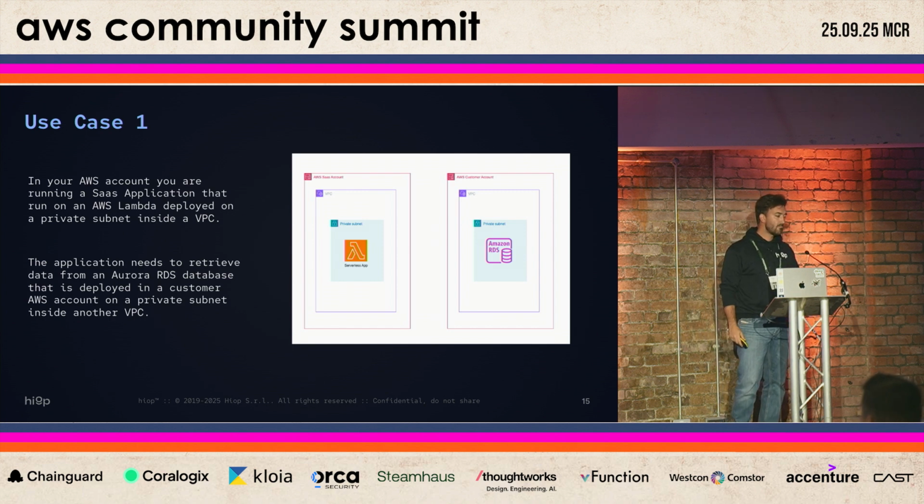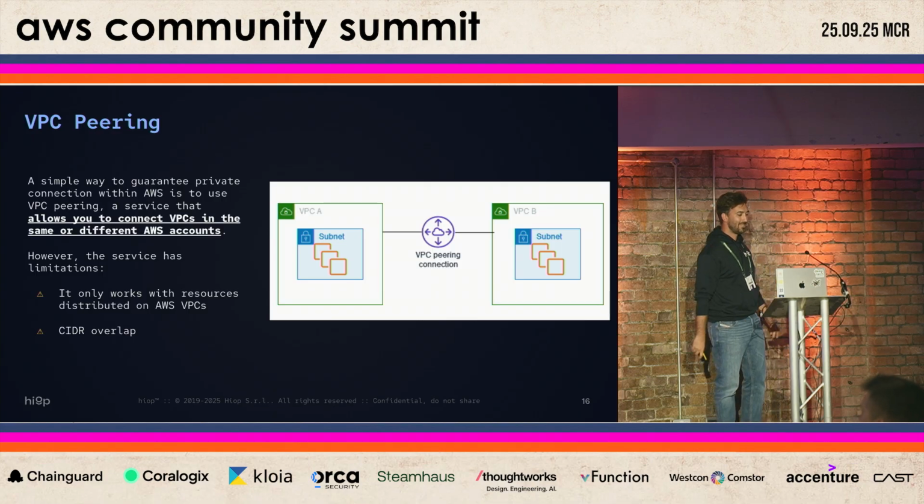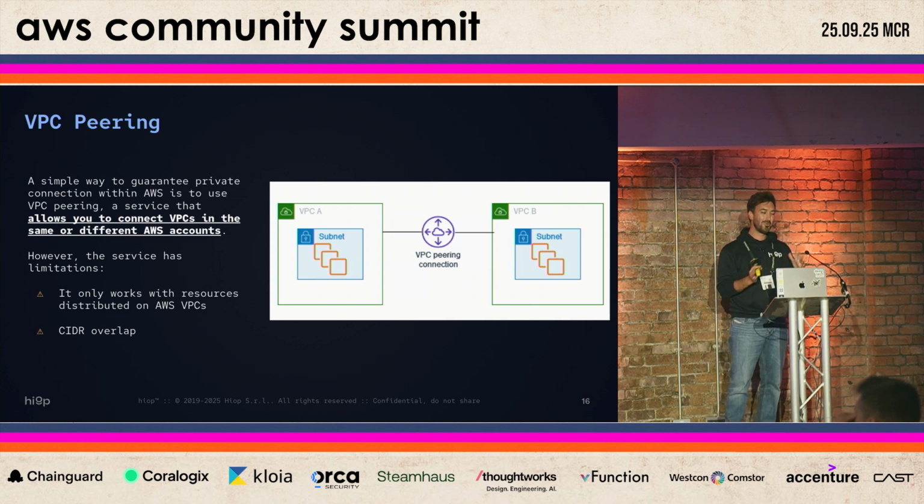So what can we do in order to provide connectivity between these 2 services? The first way is the simplest one, called VPC peering. Basically, it's just a connection between the 2 VPCs that you create in one of the accounts, then you confirm in the other account, and then by setting up the route tables, you can create private connectivity and call the 2 services using the private IP addresses. But there are some limitations. It's very simple, but very limited to a specific use case.